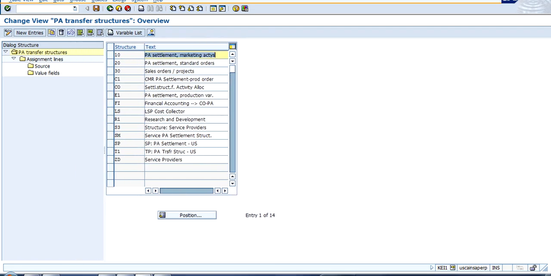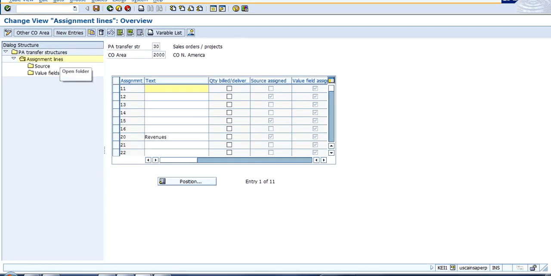Let's take a complete case of project settlement. Say I am taking a structure which is 30. So here we go, we have taken structure 30 and we are going to go to assignment line. What is this assignment line? Logically, this assignment line is the only thing based on which we are going to divide our settlement into different heads, or rather different